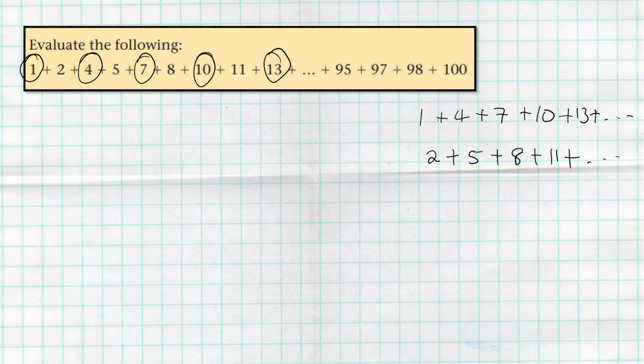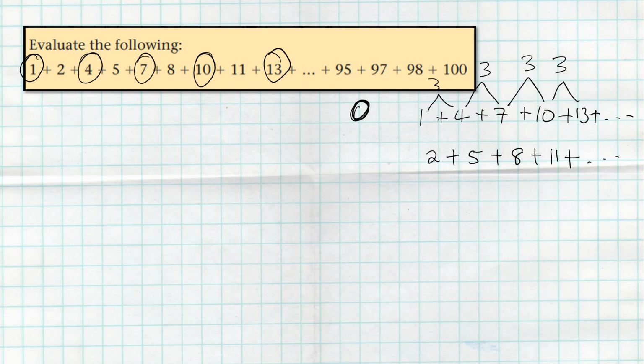So we can check which sequence is this and which sequence is this. This one is those in circle and this one is those not in circle. So 4 minus 1 is 3, 7 minus 4 is also 3, 10 minus 7 is also 3, 13 minus 10 is also what? 3. So we can see this one in circle